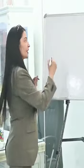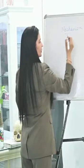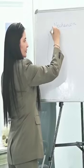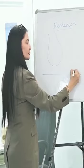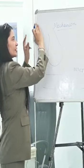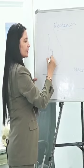So coming to the mechanism of action of the botulinum toxin. For this mechanism of action, you must know the nerve structure. Like this is the nerve, this is the neuromuscular junction, and this is your muscle, right? So when the nerve impulse is coming, what happens is there are synaptic vesicles present,